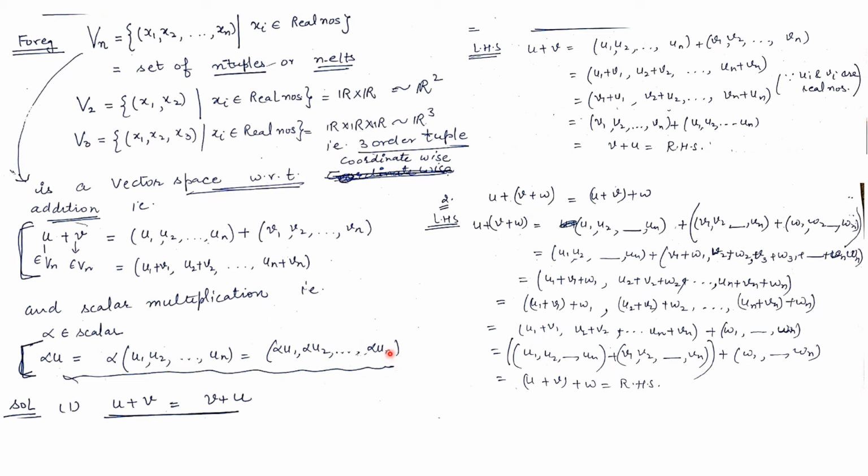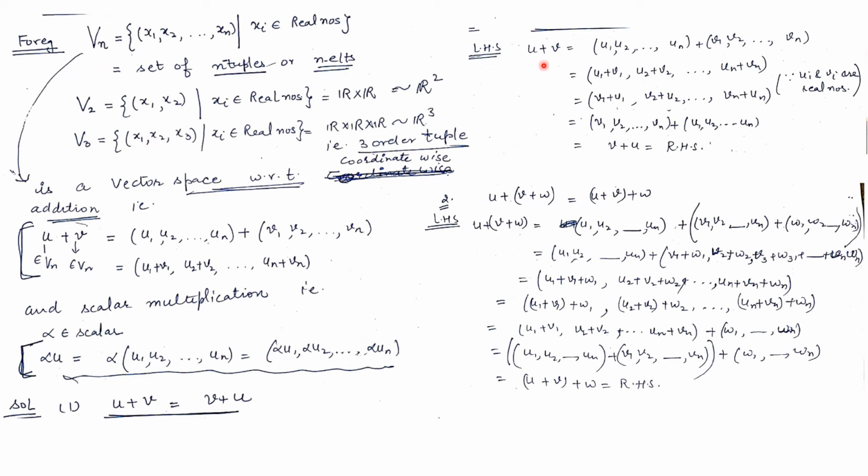So here binary operation is defined coordinate wise, and scalar multiplication is defined coordinate wise, that each coordinate को आप multiply कर दो scalar से, each coordinate में आप next coordinate add कर दो, right? So this is addition, this is multiplication. So under these two operations we have to show that Vn is a vector space. Now just see, the first property is the commutative, means we want to show u plus v is same as v plus u.